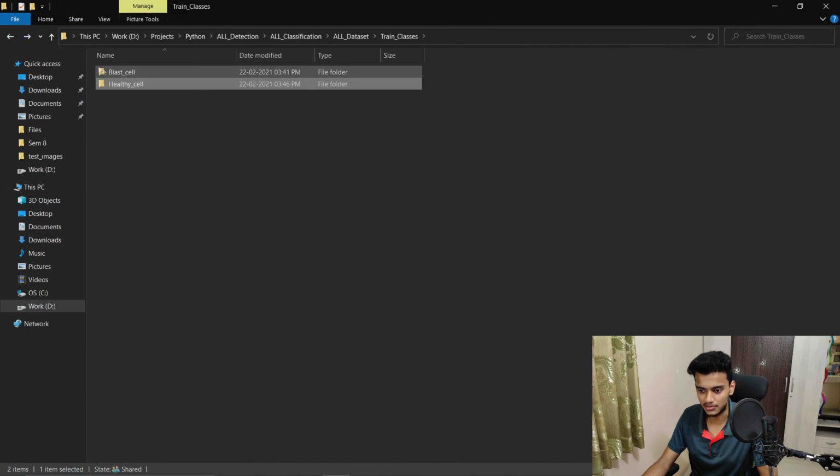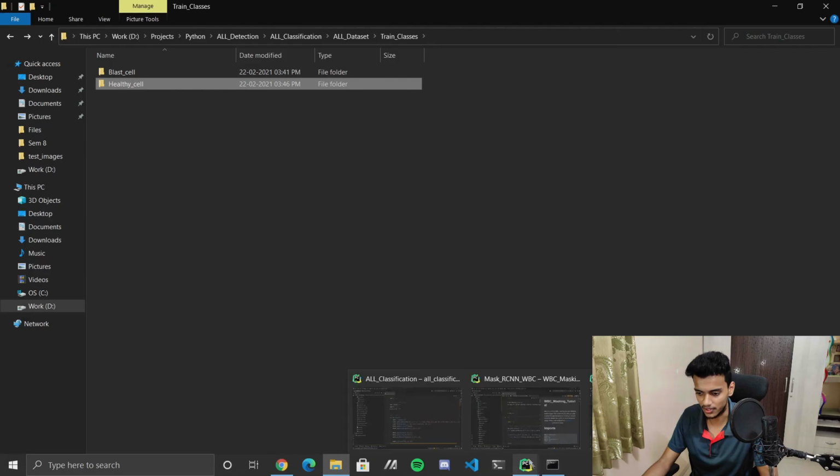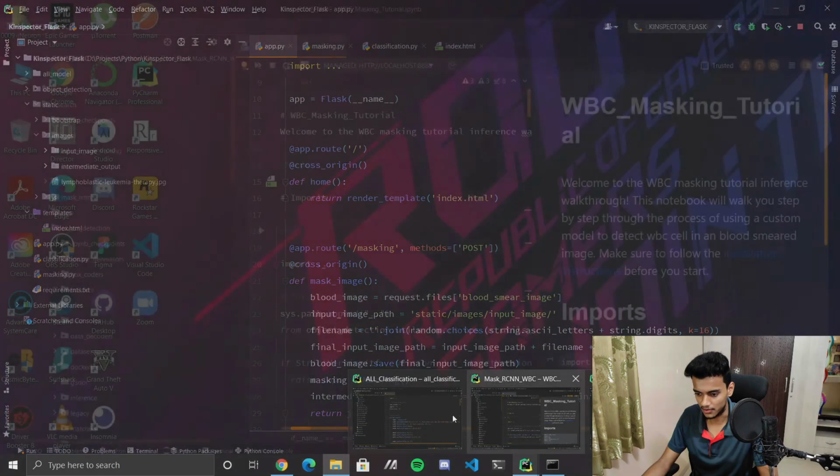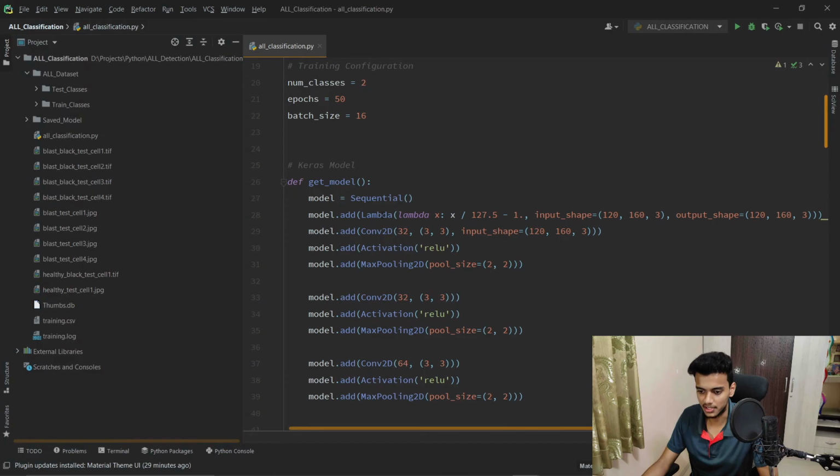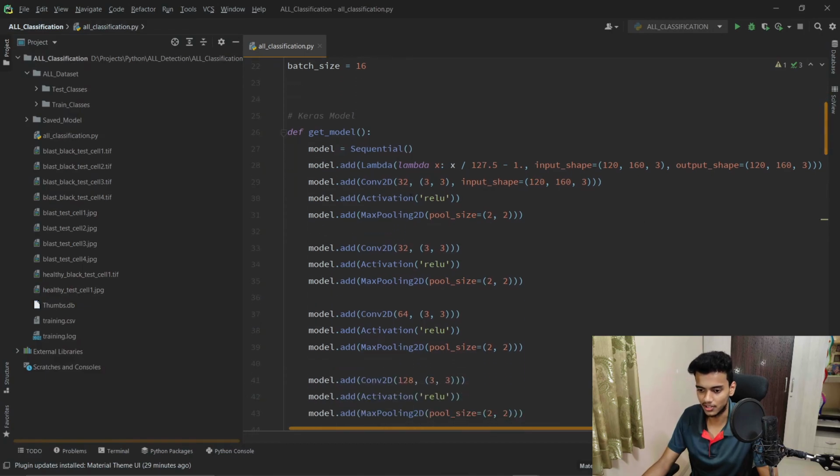And as you saw the data set over here, that is what we have trained on. Now, as you can see, this is our basic model. We have used the Keras API for building our binary classification model. The input image is 120 x 160 with 3 channels, like RGB. We are basically giving RGB images into it. So the output shape is also 120 x 160.